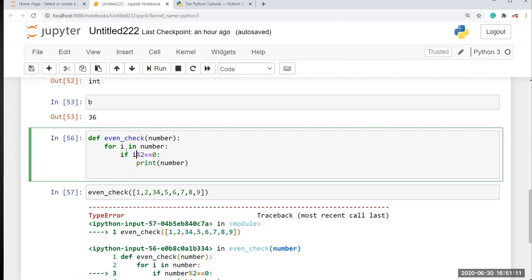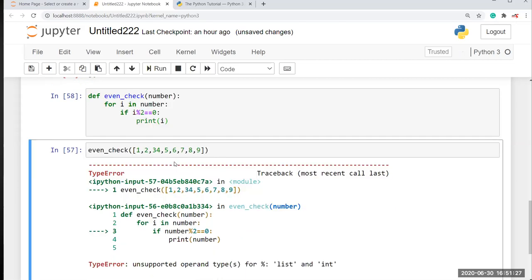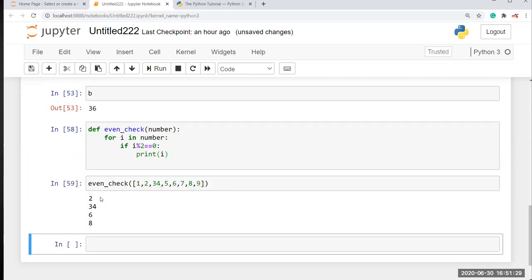So first we have 1 in i, and second we have 2 in i. Here we have to pass i. Then here also you have to pass your temporary variable. Now I run this, I check even_check equal to this value. Now you get the answer.